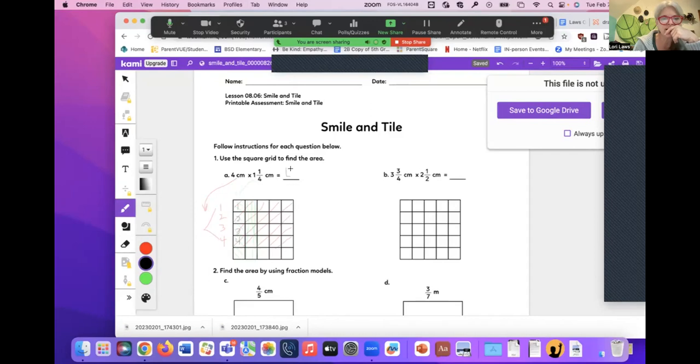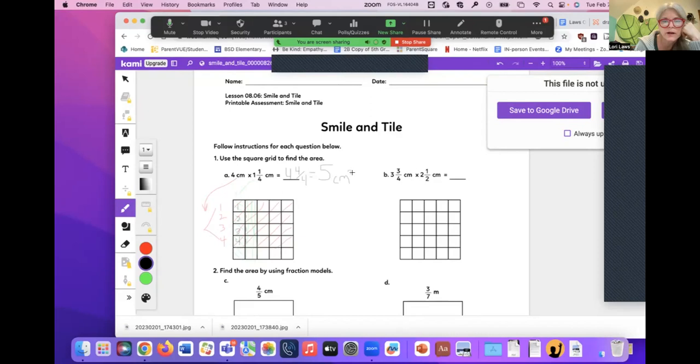And then how many fourths do I have? Well, I have 1/4 right here, another fourth here, that's 2/4, 3/4, 4/4. Huh, 4 and 4/4, is there another name for that number? If I stuck all of those fourths together, I think it would fill up this square and make a 5th centimeter. So that one comes out 5 centimeters, and you write it like this with the little label of centimeters